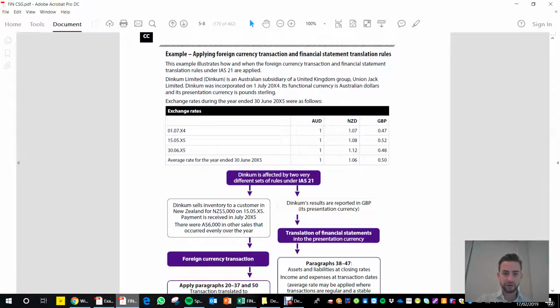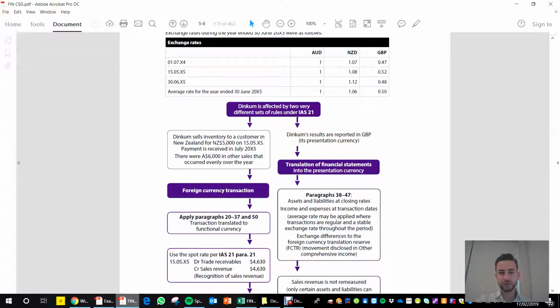Okay, so how do we do this? First of all, we go through the transactions. Dinkum sells inventory to a customer in New Zealand for New Zealand $5,000 on the 15th of the 5th. Payment was received later in July. Now keep in mind, in between those two dates, there's an end of financial year reporting. So we need to consider the adjustment to that trade receivable balance. That's the first trick of this question. There were 6,000 other sales that occurred evenly throughout the year. We're mainly going to focus on this $5,000 transaction because we're just focusing on